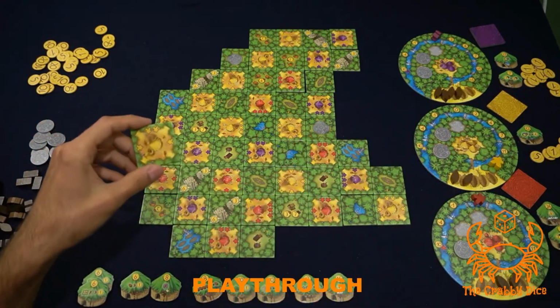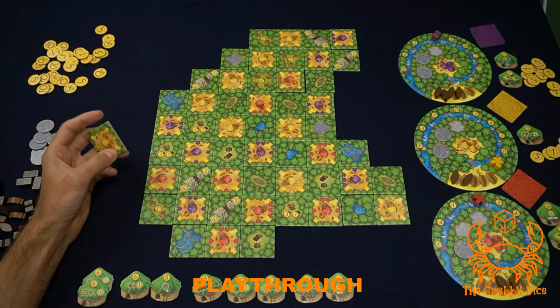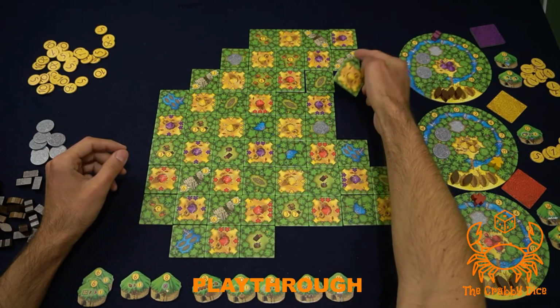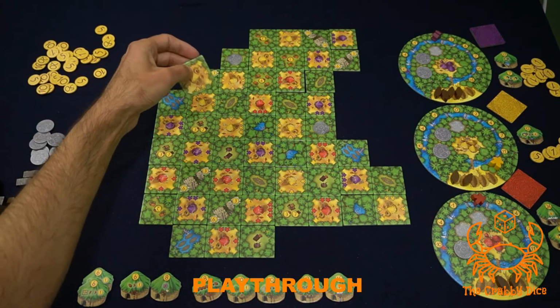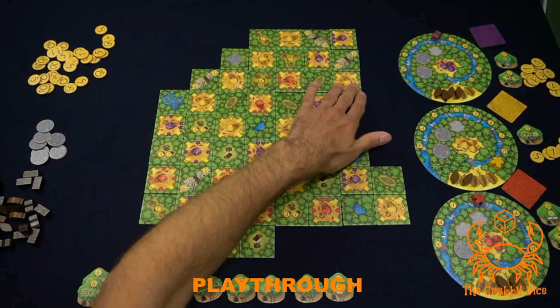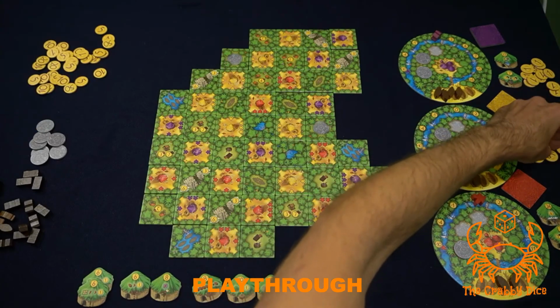So yellow's going to go. And what yellow's going to do is, do they want to overlay? I think they want to gain some temples. Is there any way for them to gain a temple? They can go like this and tie this temple here. They're already gaining this temple. So yeah, they're gonna go like this, gain another cacao, and then they're gonna spend,